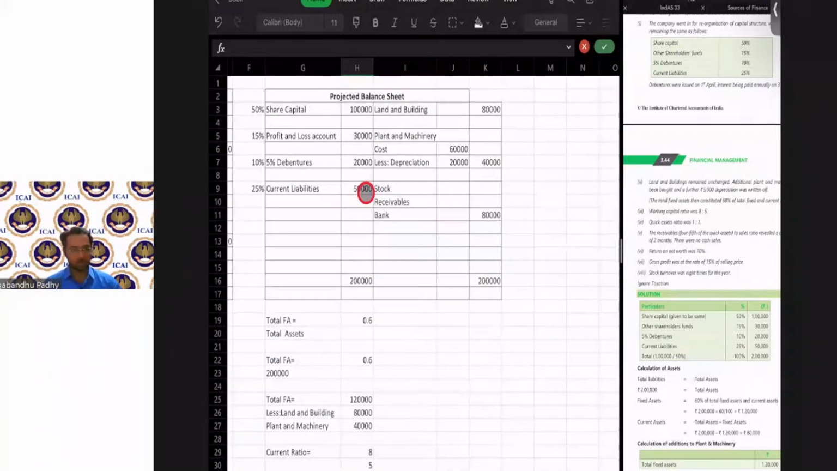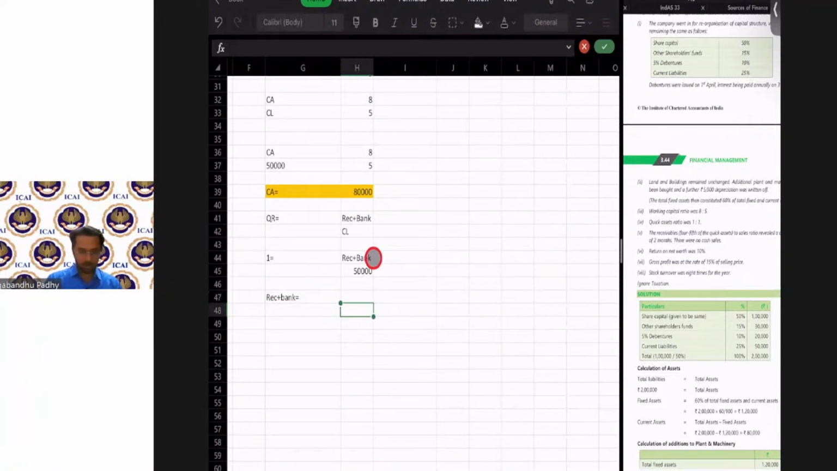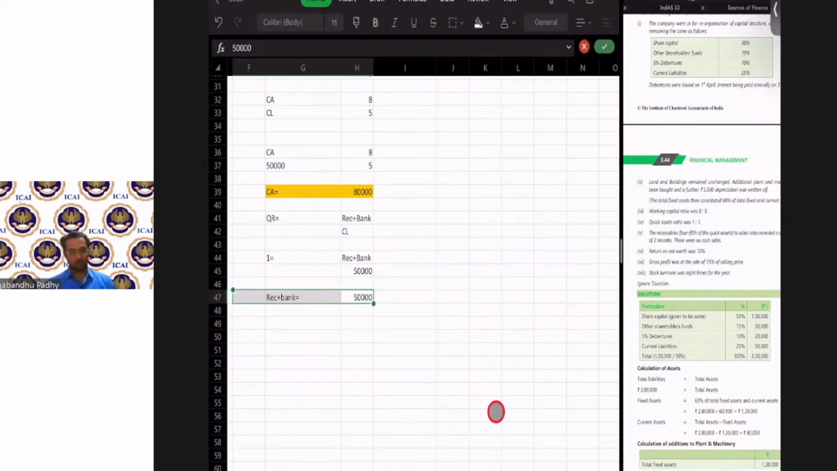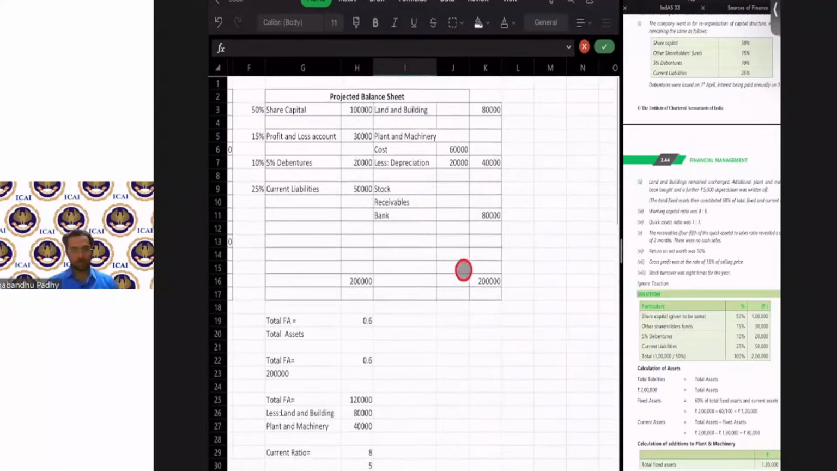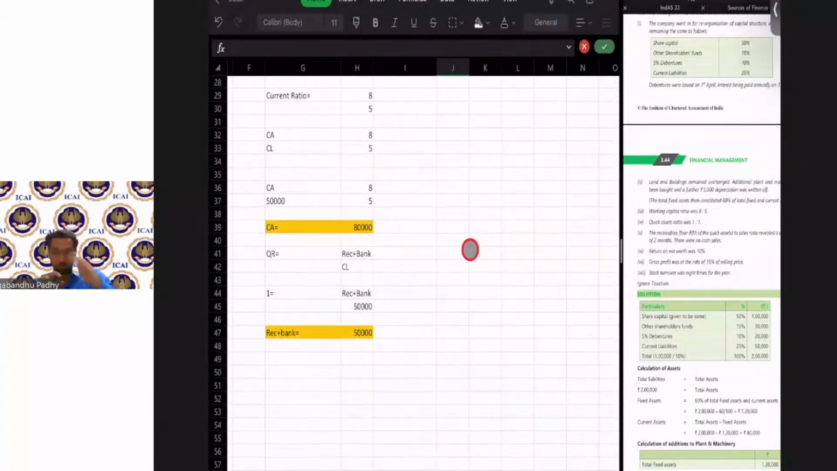That's already what we have stated over here, 50,000. So receivable plus bank will be 50,000. Receivables plus bank will be 50,000. So these two are equal to 50,000. But sir, how much is receivable and how much is bank? That is still not known to us. So we'll have to look for the next ratio, which is about